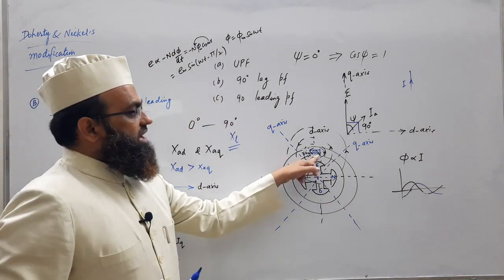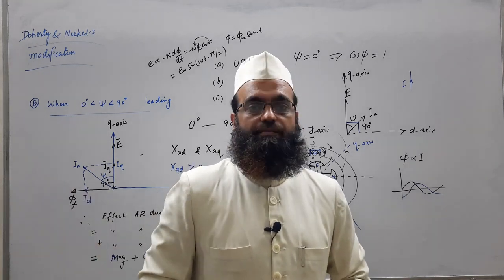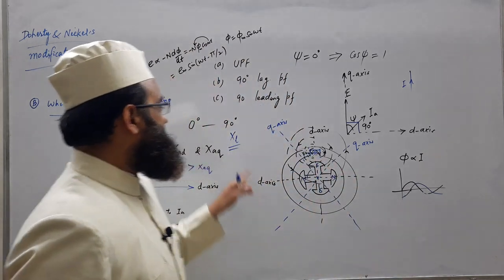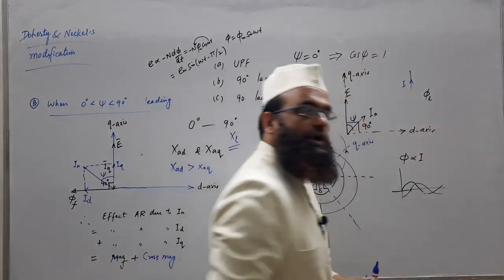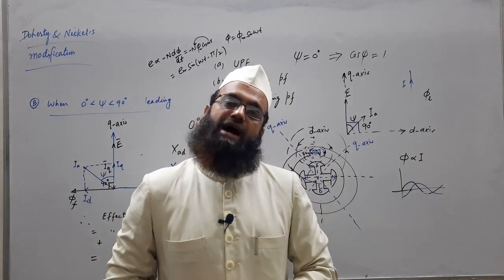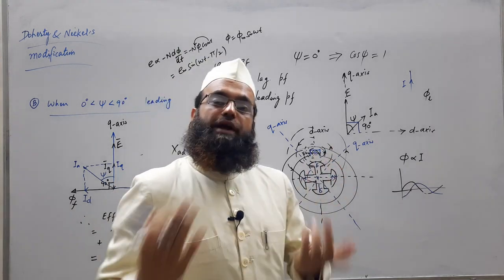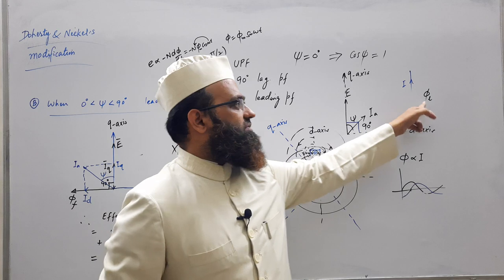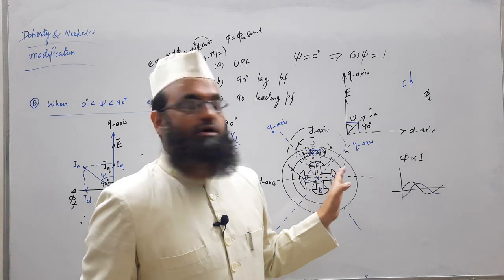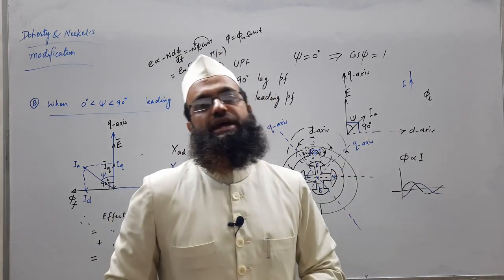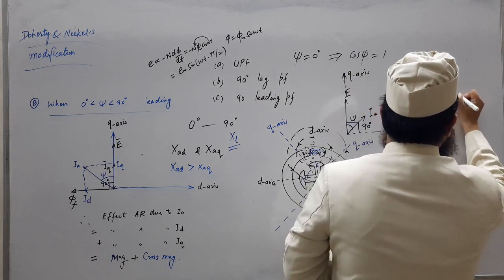So in order to consider the effect of these leakage fluxes which have not yet been considered in armature reaction, see, these leakage fluxes, let us represent leakage flux by phi L, will also induce EMF in the armature winding. How? The current flowing in the armature conductor is alternating in nature. So whether flux is leakage flux or linkage flux linking to the rotor, both will have the same nature, alternating in nature. Because of that, EMF will be induced, minus M N, number of turns, d phi L by